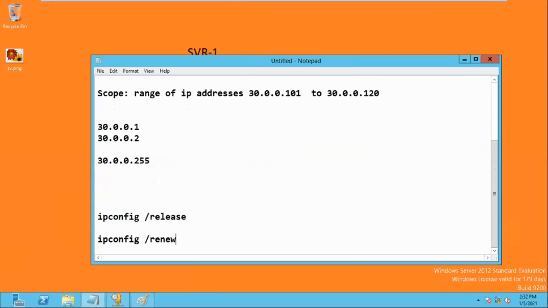Because, for example, 10 system is assigned, right? So now I put this command. Till that time, another system, 11 system, is assigned. So my IP address will go to that system. So it is not mandatory that we'll get the same IP address, but we'll get some IP address from the pool, right?